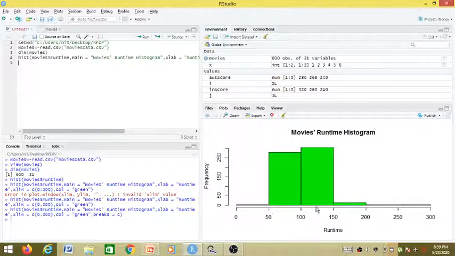And apart from this range, other runtimes can be considered outliers. By setting breaks equal to 4, the number of projections has been limited to 4 only, whereas in the previous case it was 7 to 8 projections due to outliers.